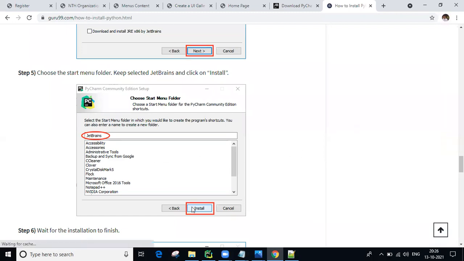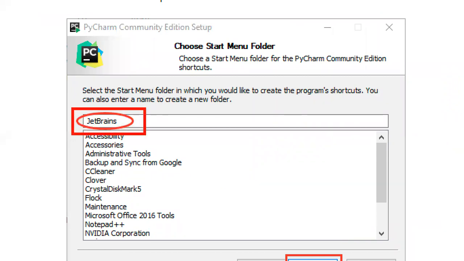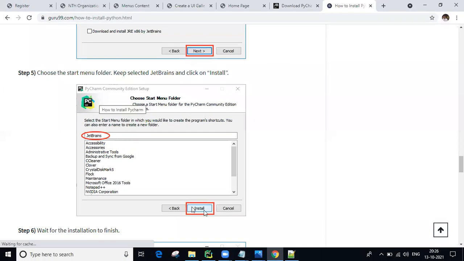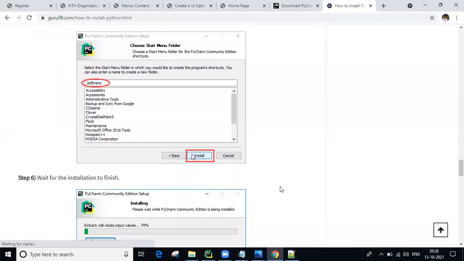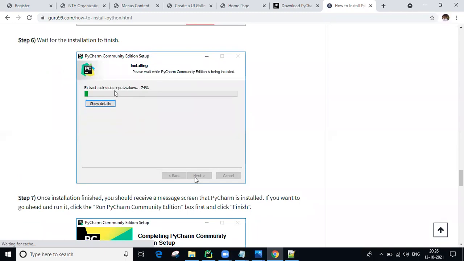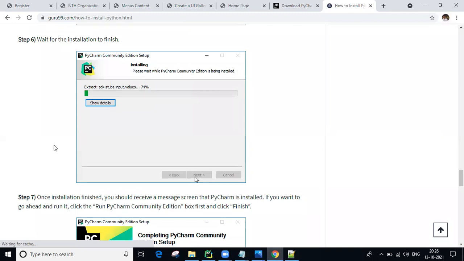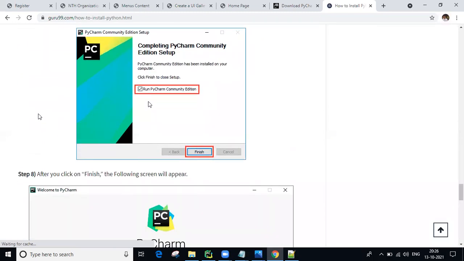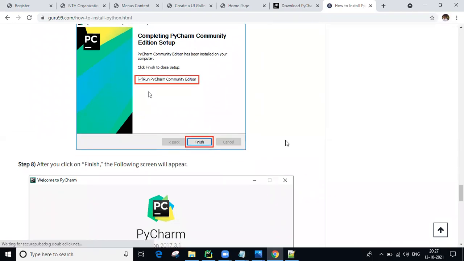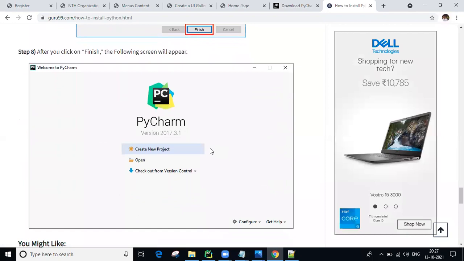Okay. So JetBrains is the company name, guys. This company designed and developed the PyCharm IDE. And finally you click install. After clicking install, sometimes the process completes within 10 minutes, so don't worry. Okay. So finally you open this one. Finally you click finish, guys. There is one checkbox here. If you want, you can select it, or no need to select, no problem. You click the Finish button. Okay. After clicking, it is installed successfully in our system.